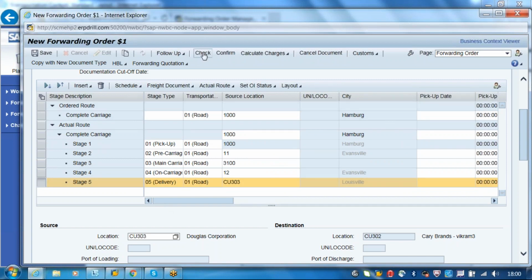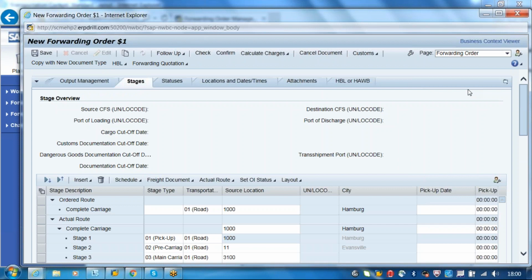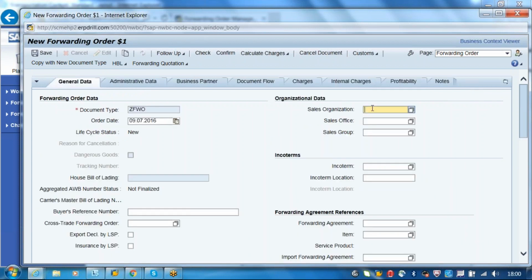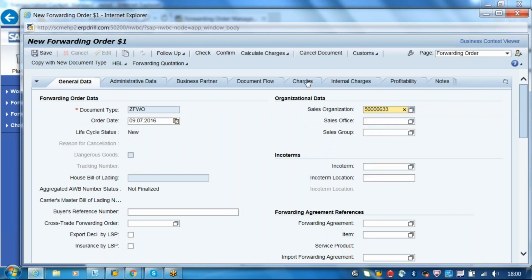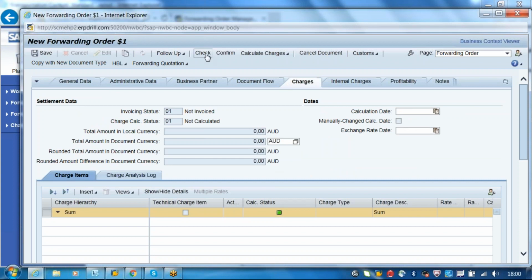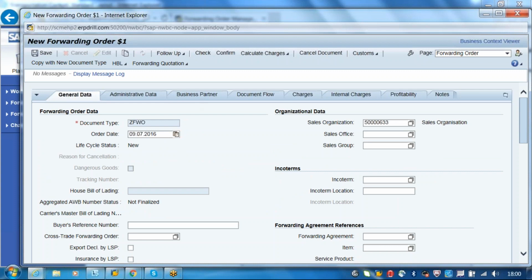Okay. So now what I will do is I'll just check for this. Okay, shipper and ordering party is missing. Can go to the business partners.